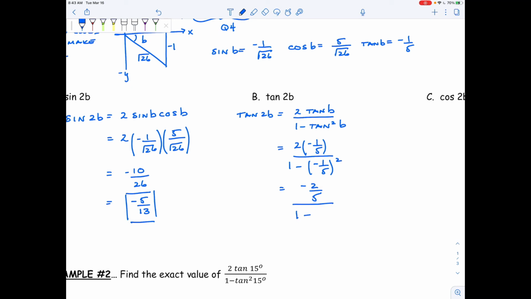The denominator gives you 1 minus 1/25, which gives you -2/5 over 1 minus 1/25. Well, that's 25 over 25 minus 1 over 25 is 24 over 25. And then when you simplify that, I'm just going to invert and multiply. Clean things up, and you end up with a -5/12